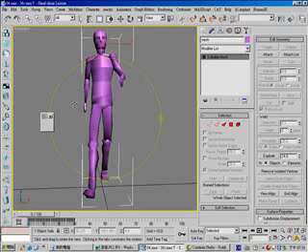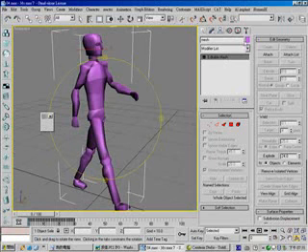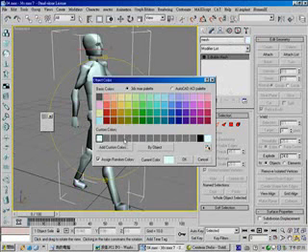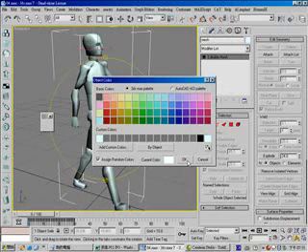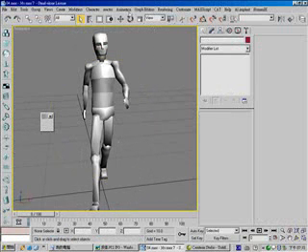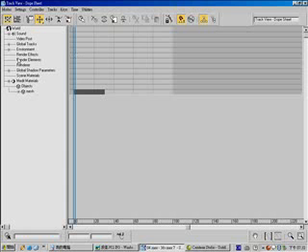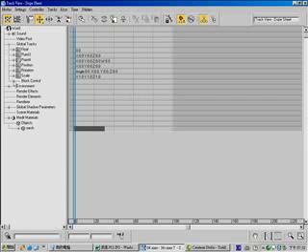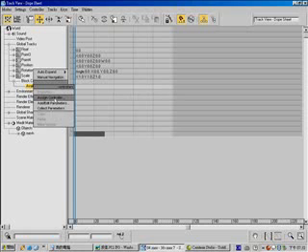So now, since all the animation information is baked in this mesh, let me change its color. Oops. Okay. Right. So unselect and go to the graphic editor, track view, top shift. Okay. Now go to the global tracks, block control, and click on the available, and right click and choose the